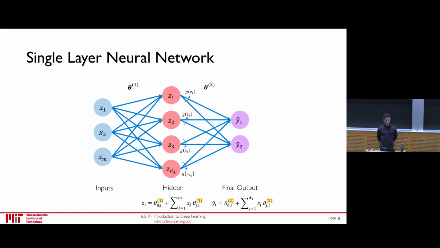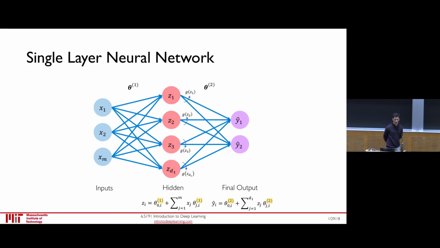Now, let's suppose we want to go the next step deeper. We want to create now a single-layered neural network. Single-layered neural networks are actually not deep networks yet. They're still shallow networks. They're only one layer deep. But let's look at the single-layered neural network, where now all we do is we have one hidden layer between